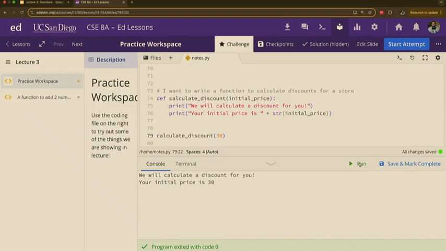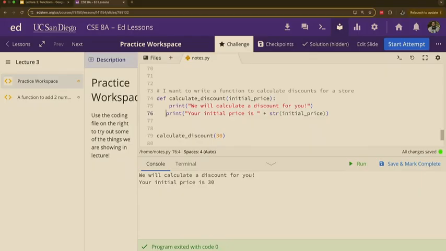So, now we have this discount, right? We have this number, initial price. And just to really quickly show you how important it is to have these spaces, this is just a little quick aside.